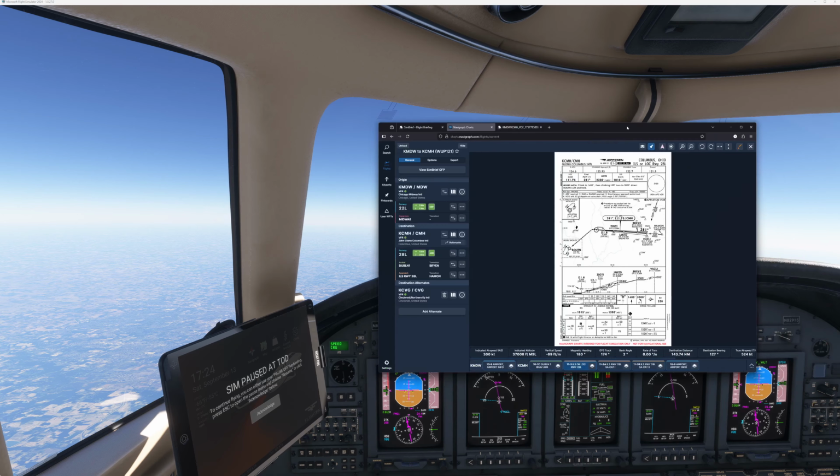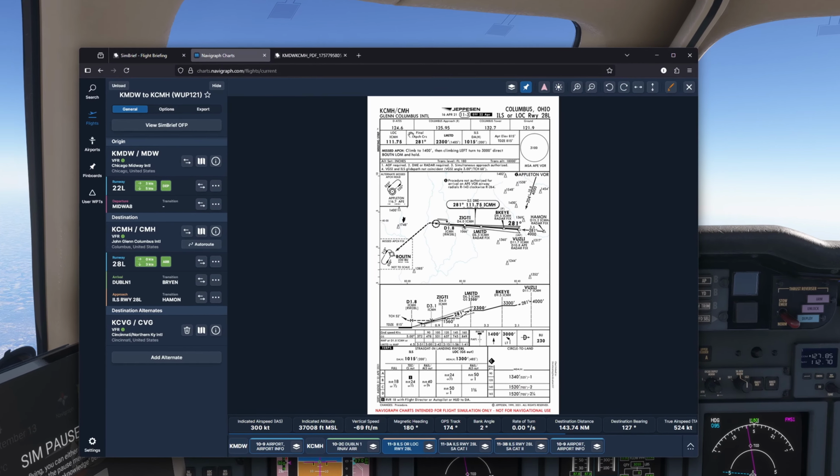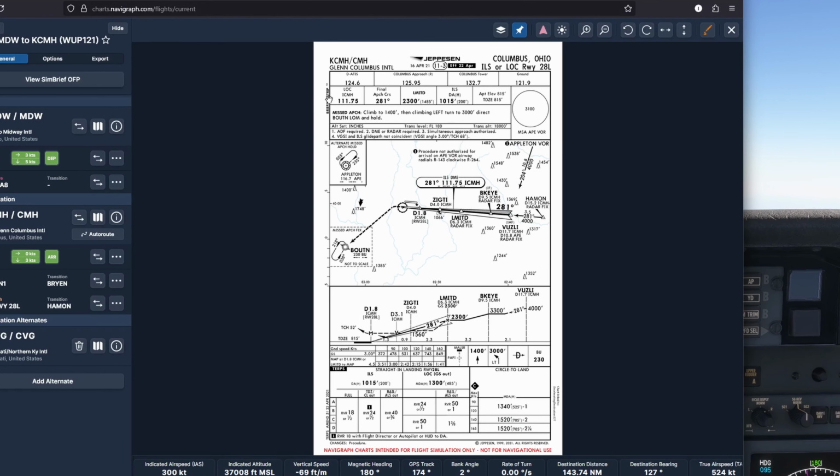So I'll look at my Navigraph chart here, and there's some important items to look at. One of those is the frequency of the localizer. We'll have to put that in. The final approach course. This is the direction that the plane body needs to be moving as it's coming in